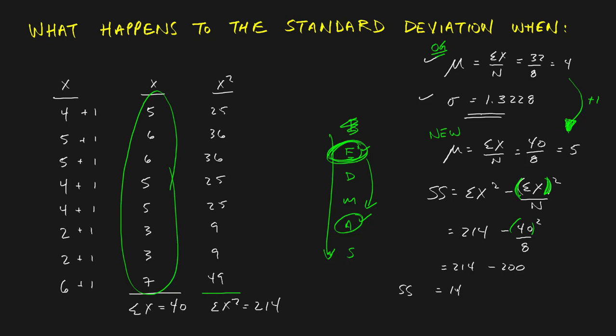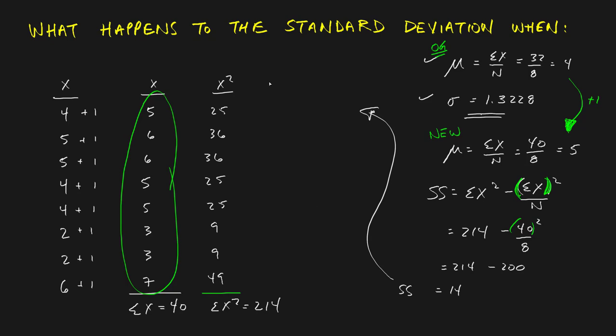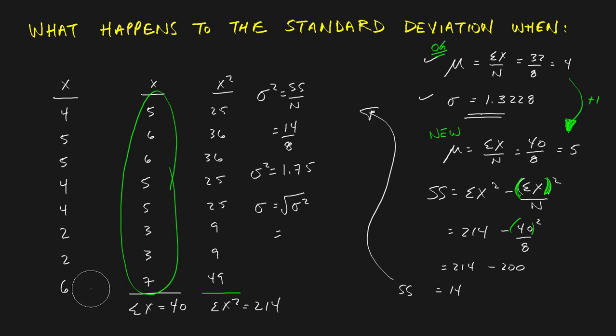Now that I've got the sum of squares, I can work out what my variance is, and so I'll need a bit of space for that. So I'll bring that up here. My variance is equal to sum of squares over n, and the sum of squares is 14. n is equal to 8, and this seems kind of familiar. This is exactly what the variance was before. 14 divided by 8 is 1.75, and so of course if I take the root of the same variance that I got the last time I worked with this data,